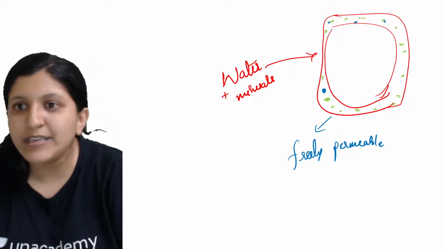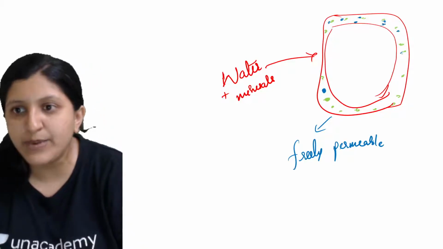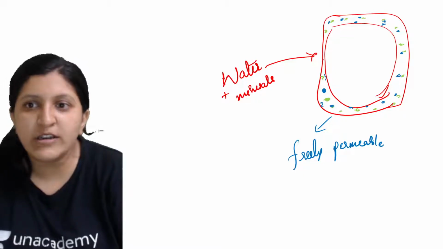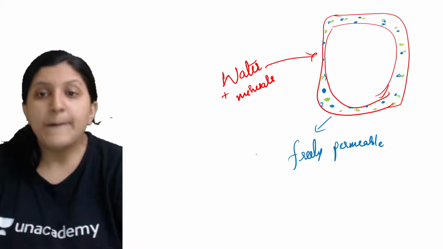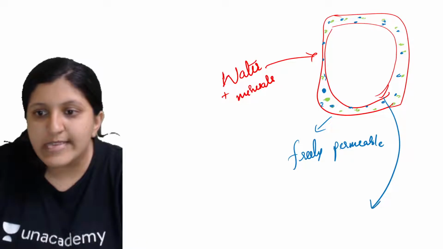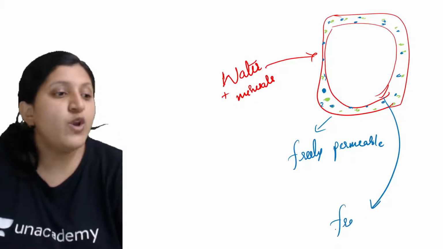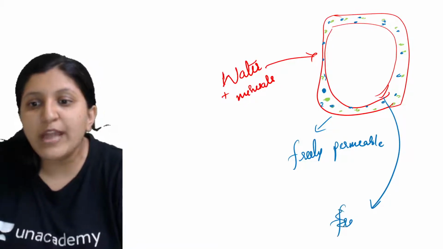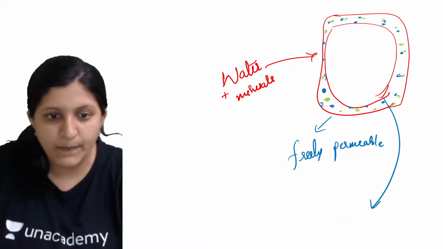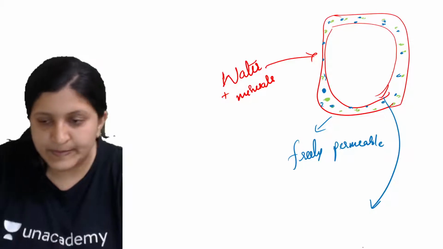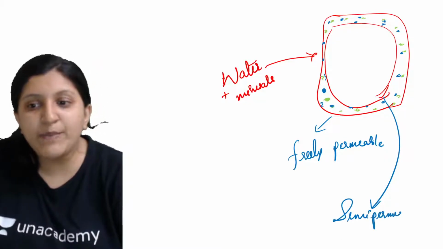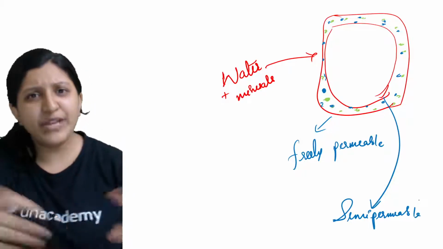Here you can see water is completely present, so the whole thing you can find water along with all the other minerals. Now this particular membrane, this is the cell membrane. It is not freely permeable, so we can call it a semi-permeable membrane. Let me just erase this. This one is a semi-permeable membrane. That means everything is not allowed.